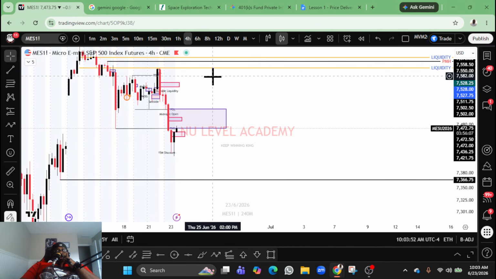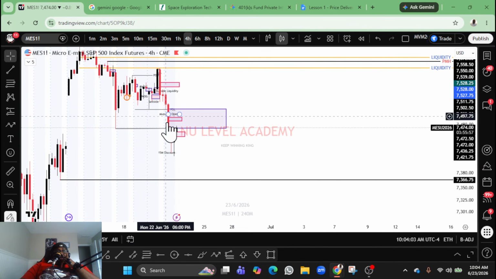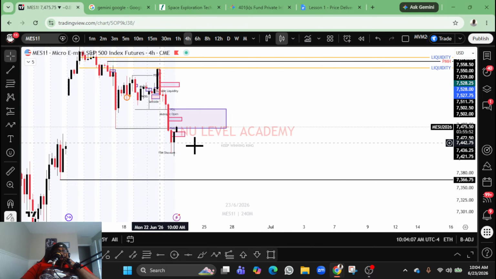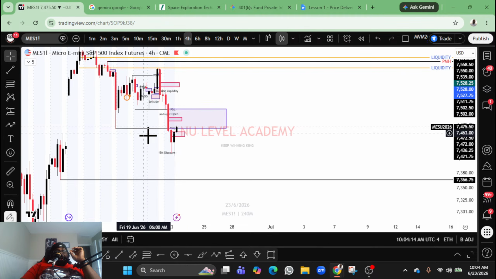Do we have a draw all the way to liquidity above previous month high? Not today. This can't happen yet until this happens here. We've got to figure out what's going to be going on here with the volume imbalances of what we have here. We have to figure this part out first. Once we figure this out through the manipulative moves that take place here, look at that liquidity of what it came to sweep after yesterday's pullback, right?